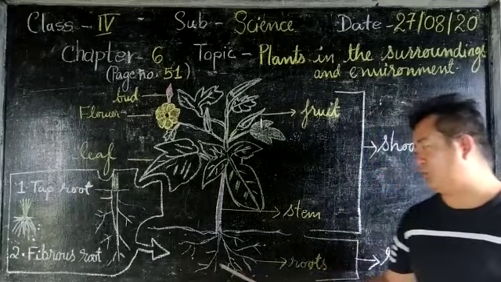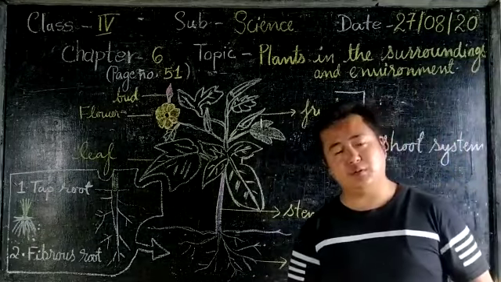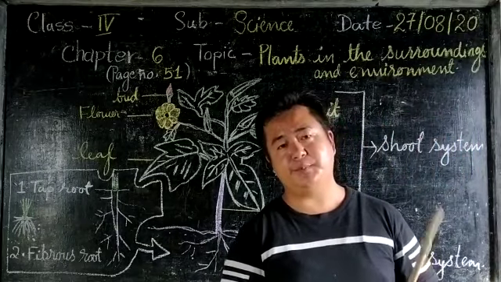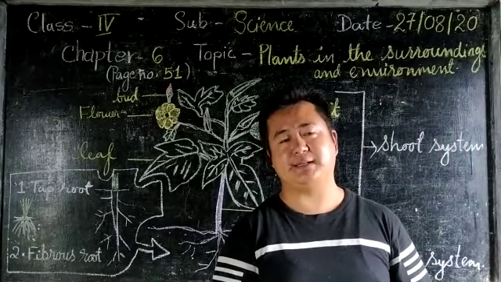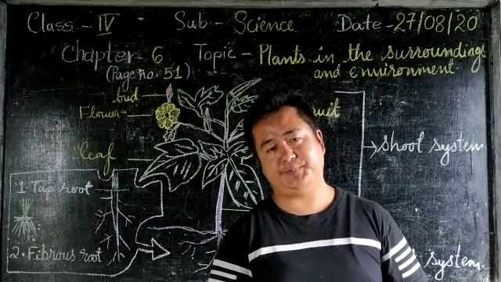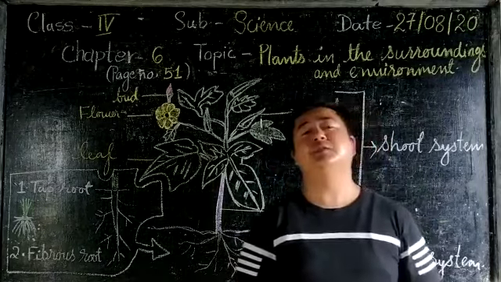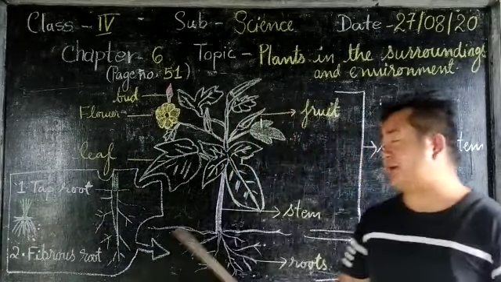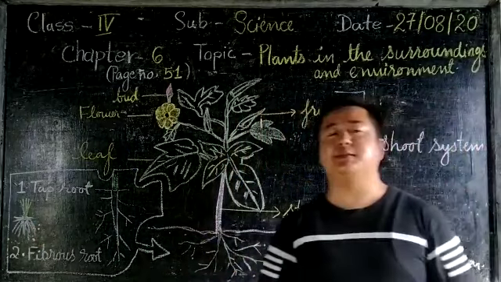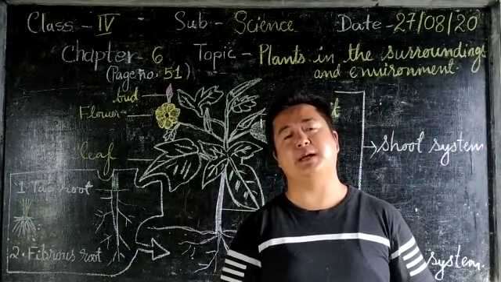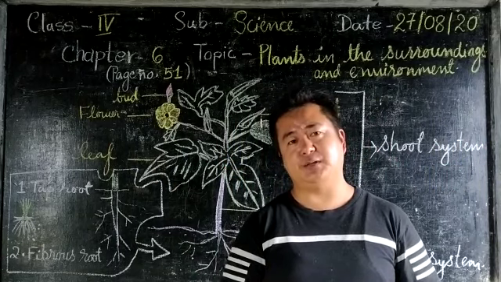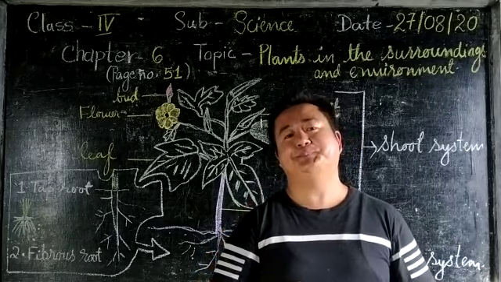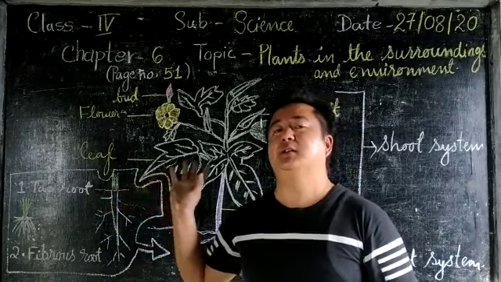First, starting with the roots. Root is one of the parts of the plant, and the main function of the root is to keep the plant fixed in one place, and it supplies minerals through the stem to the various parts of the plant. The second part of the plant is the stem. Stem is also very important, as it supplies minerals and water to the leaves, and later on when leaves prepare the food, it is supplied to the various parts of the